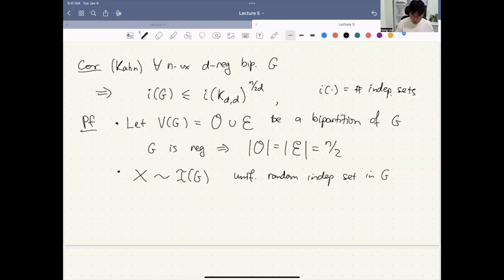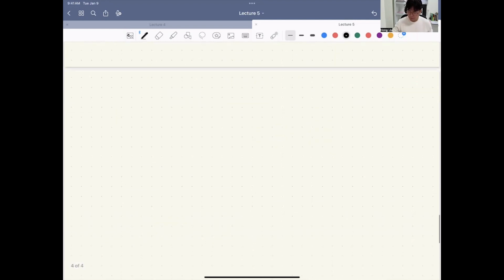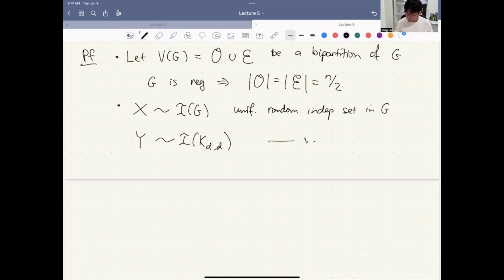We then know that the entropy of X equals to, okay, let me sample one more thing and then we write everything together. Let me also sample a uniform random independent set from the set of all independent sets in KDD. Okay, then we know that